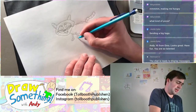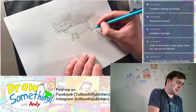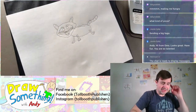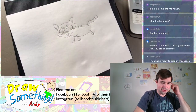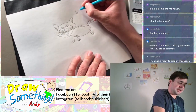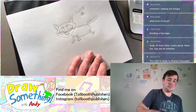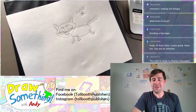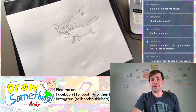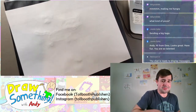Alright, there we go. I think that'll do. Gonna go ahead and just add some claws to him. And I think that'll do it. I think that's good. Alright, so there we go. That is my raccoon that I drew in under 5 minutes. Let me just look again at the timer. Yeah, I got 30 seconds left. Go ahead and stop that though, because I'm gonna move on to the next animal,